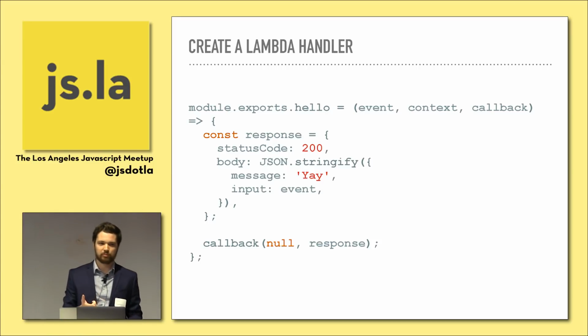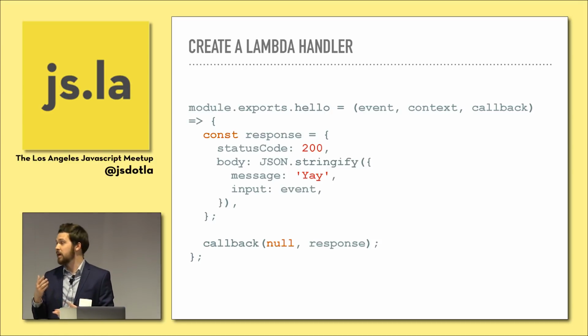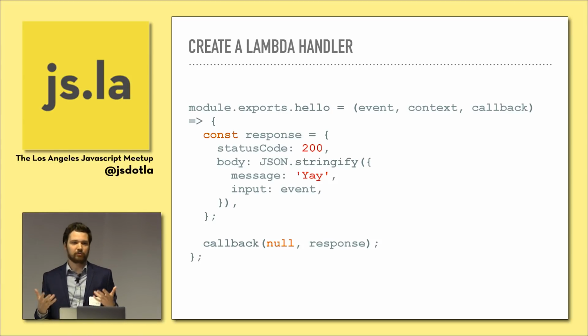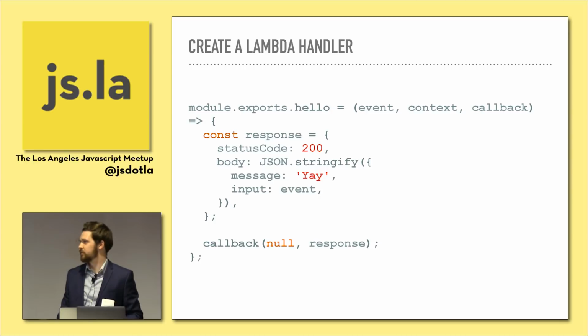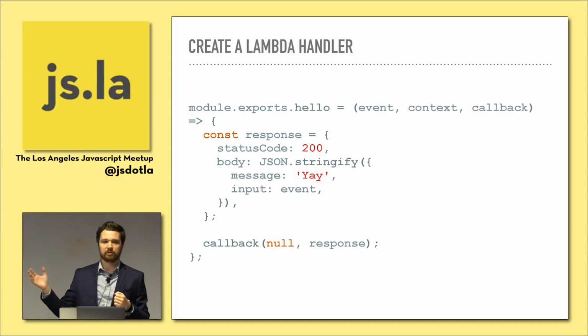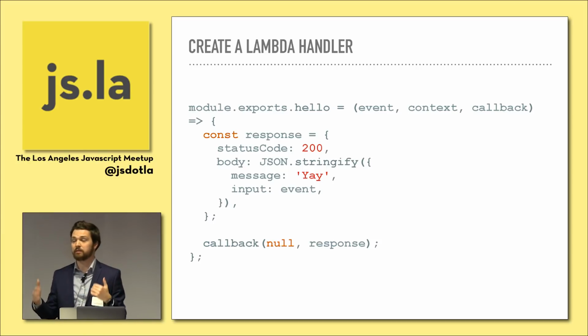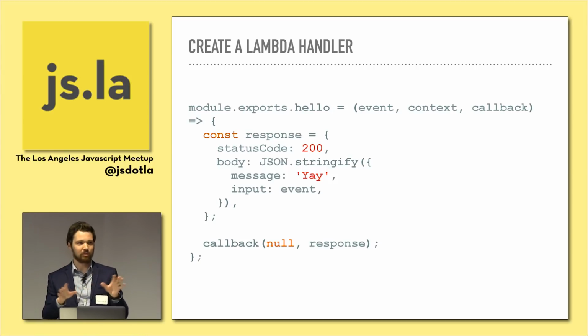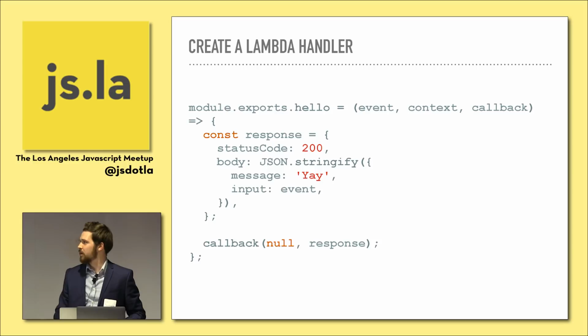So with callback, the first parameter is your error if the thing is unsuccessful. Second is your response. And if the first one is null, that means it's success. If the first one is not null, that means it's failure. So you have to call that callback. If you don't do that, then your Lambda assumes that it is running and there's work to do, whereas there's no work to do. It will time out and you'll be sad. So what you want to do, you want to call that callback function to make sure that things are golden and everything is all right.